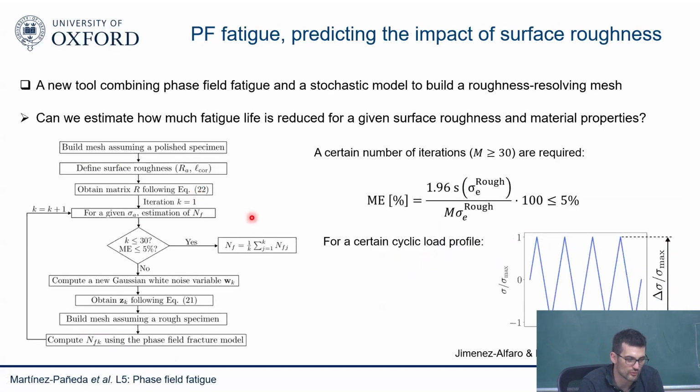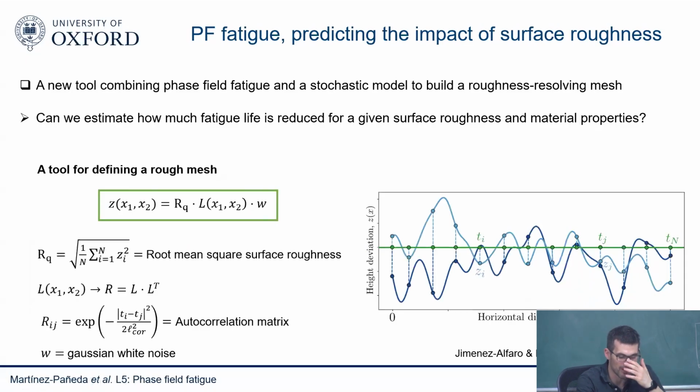You start iterating your sample. So for a given applied load, this is a stochastic process, right? Because as you can imagine, these 2 parameters can characterize a surface, but it's not unique. You need to run multiple simulations to get some sort of the same average roughness. So what we do is we look at the experimental roughness that we want to reproduce. We characterize it with 2 parameters, and then you can get some sort of the same average roughness, but you can